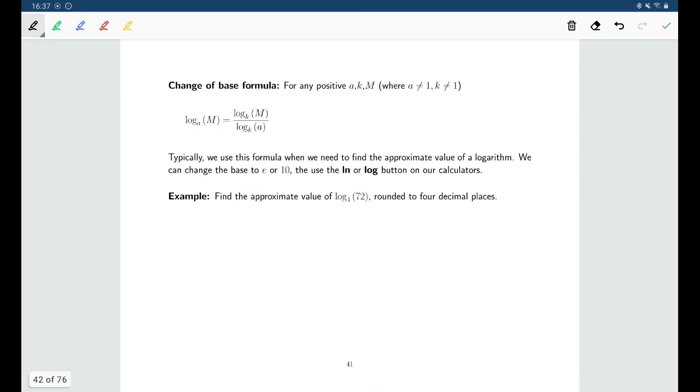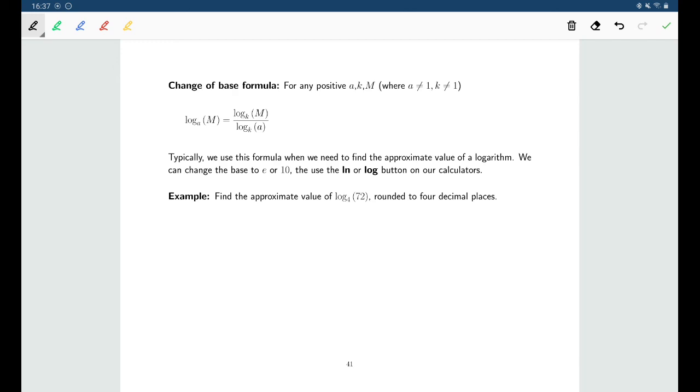All right, this is the formula that we'll sometimes need to use if I want to find the approximate value of a logarithm, and it's not a common log and it's not a natural log. This is also answering the question you might have had if you looked at your calculator and you saw that there were only 2 buttons for logarithms. You might have been wondering, well, what if you wanted to evaluate other logarithms? The reason why we don't need multiple buttons, and in fact, you could probably even get away with only one logarithm button, you could just use natural log for the rest of your life and no others and still be able to do all the same things,